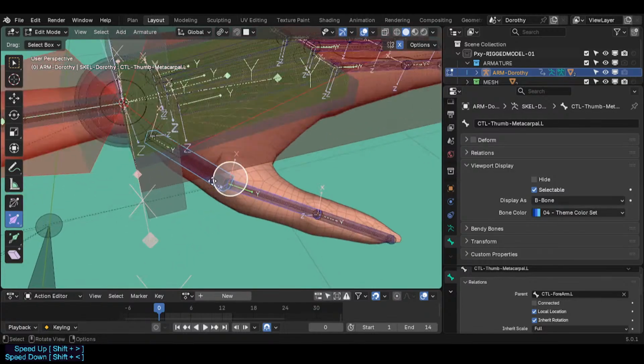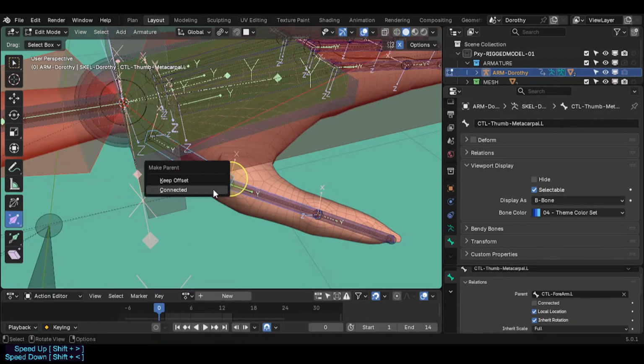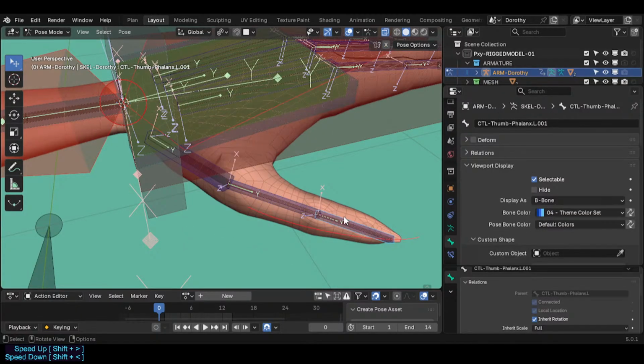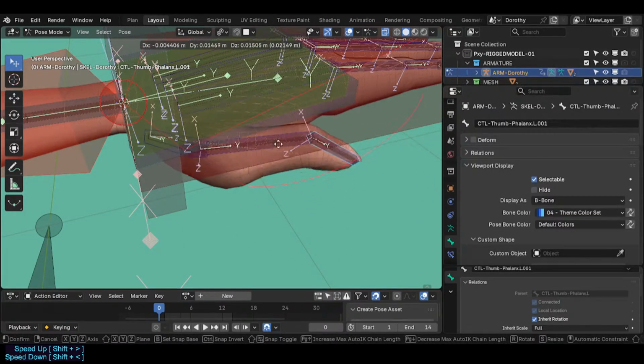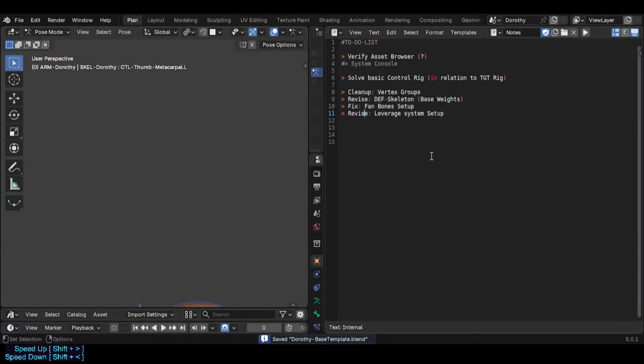Okay, but then we symmetrize, then connect, there we go. All right, and then we adjust this in another moment. So just to not forget, fix thumb, control thumb, inverse kinematics panel. Yeah. All right, then